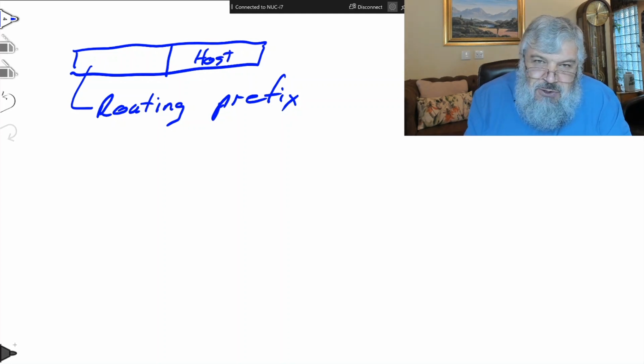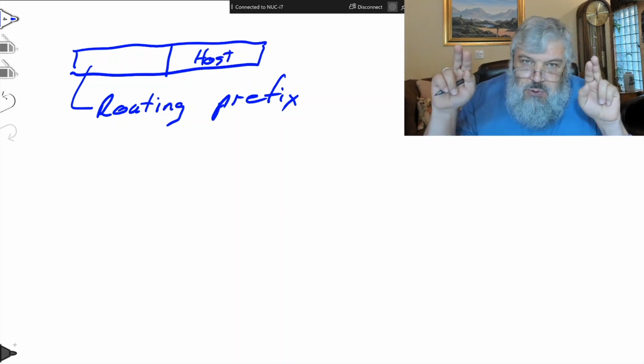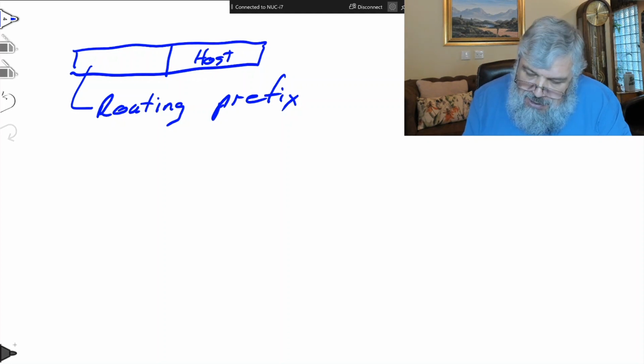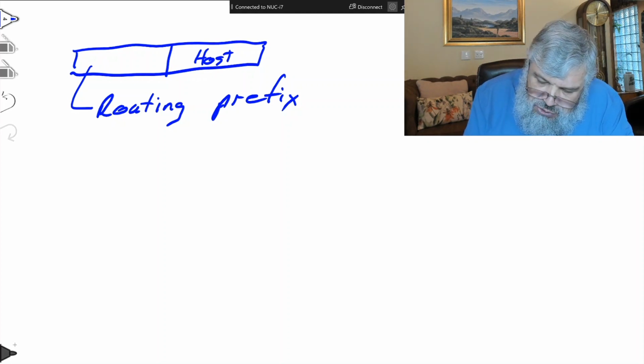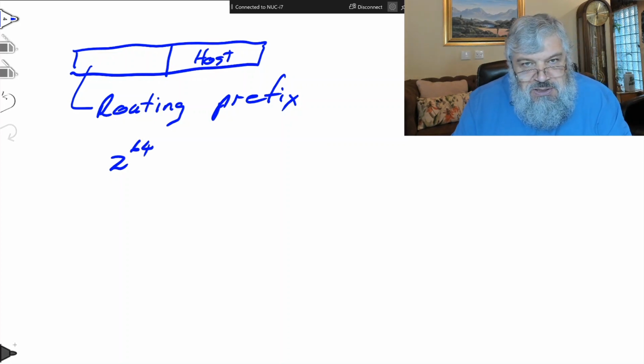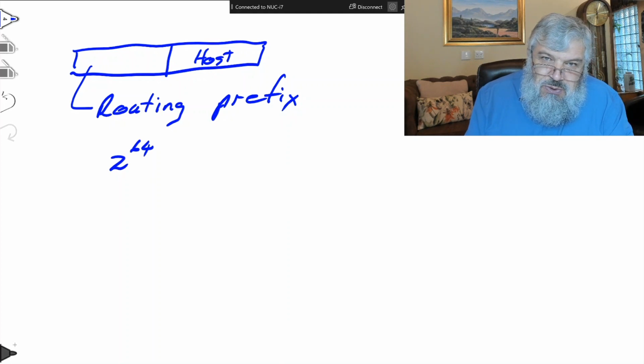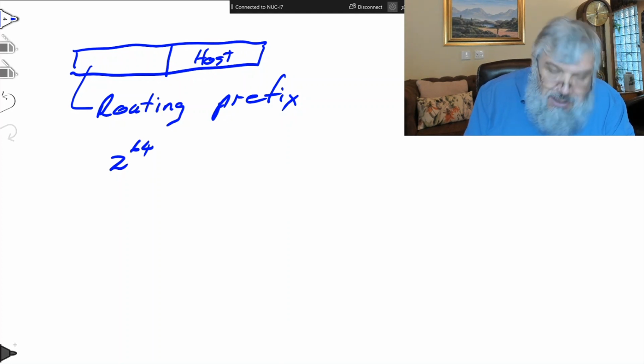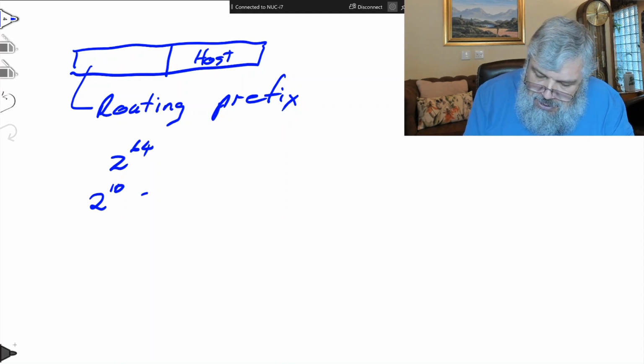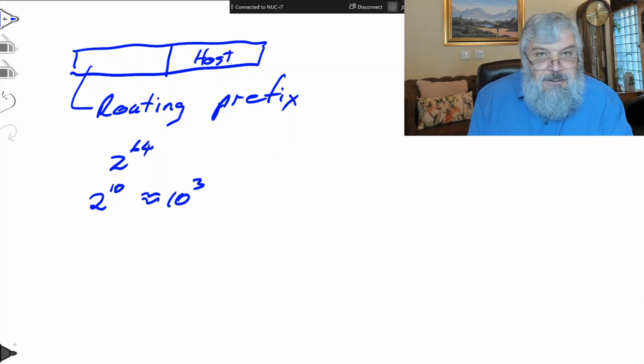If we have a routing prefix, if we have a network address, then we can address 2 to the power 64 hosts on that network. It's what we can always do as a quick calculation. You know that 2 to the power 10 is more or less equal to 10 to the power 3.